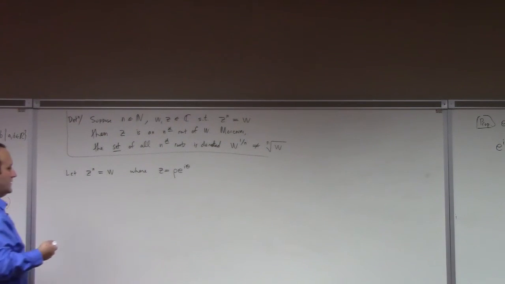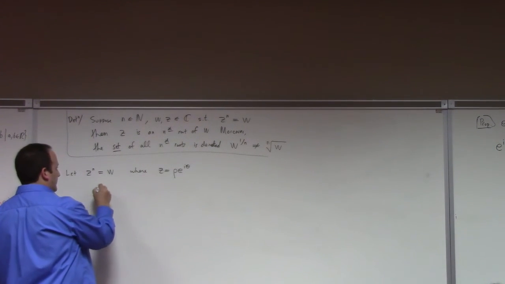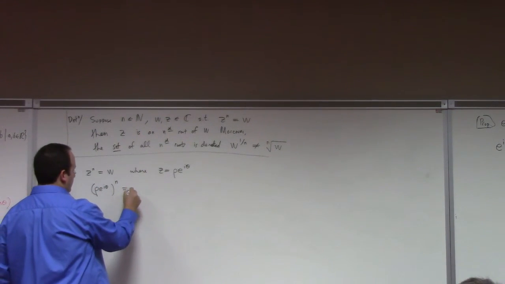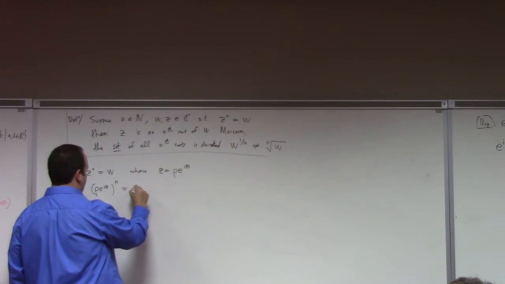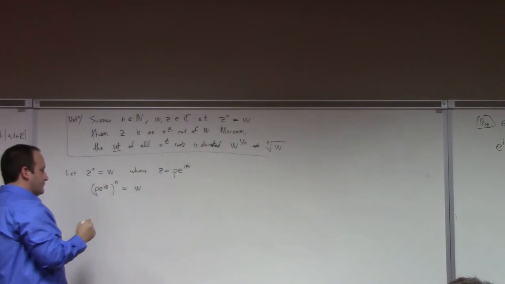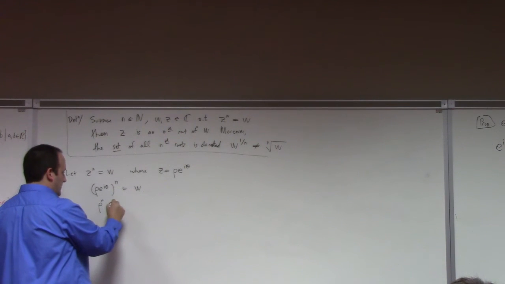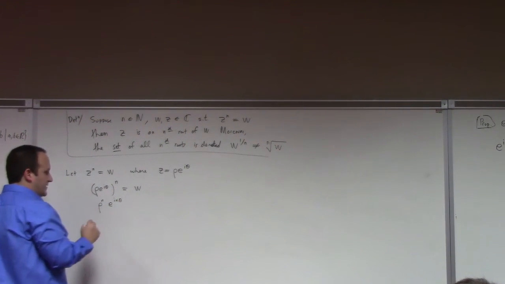Anyway, there it is. So what do we have? We have rho e to the i theta raised to the n power is equal to w, right? But let's see, that's rho to the n, e to the i n theta by de Moivre's theorem